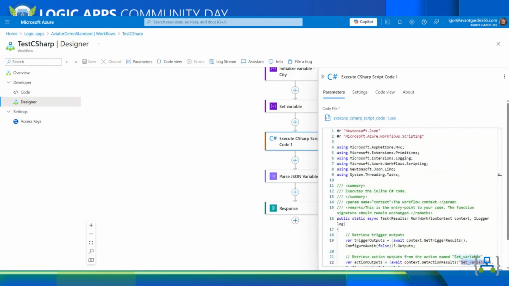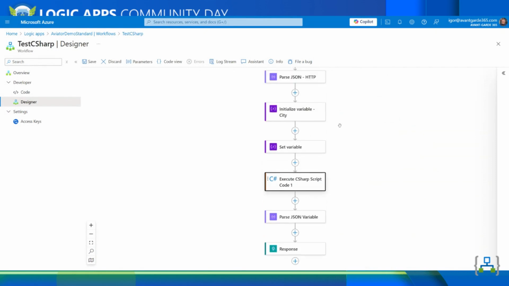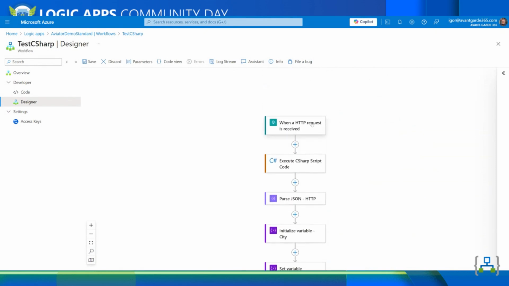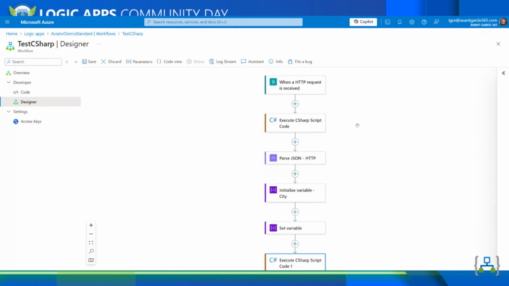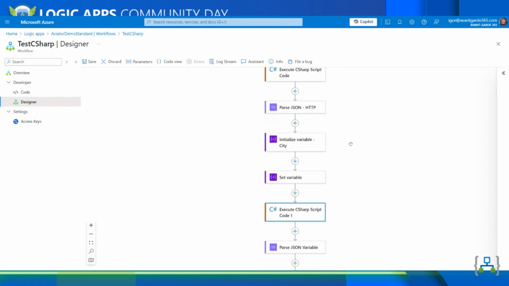Here, what we see is that we can use the C# code from the HTTP directly. Probably in real life, you would use compose and parse it. But just to let you know that it could be used in multiple environments, or you can read it from the variable directly. So if we run it again,